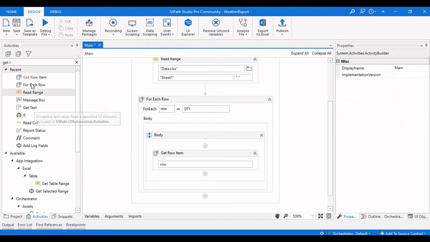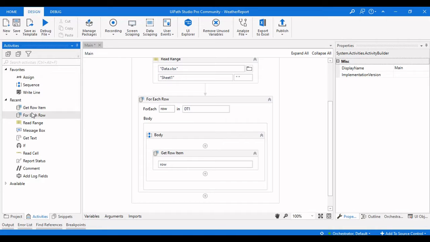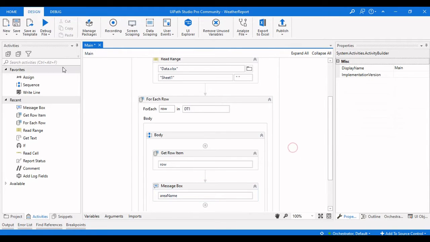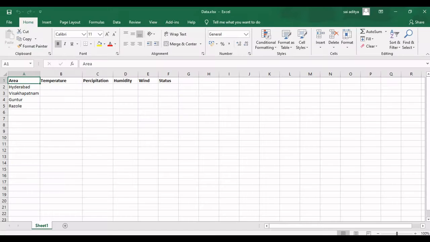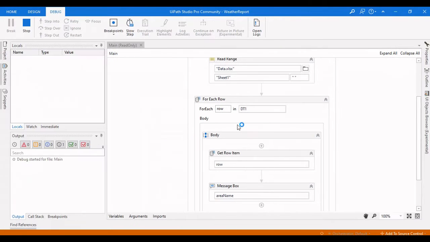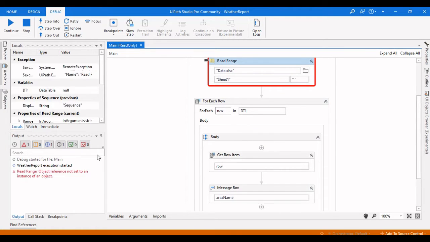Okay, let us see whether we are actually getting the area name or not. Area name. So let us close this Excel, and then we will run the workflow to see whether we are actually getting the area names or not.